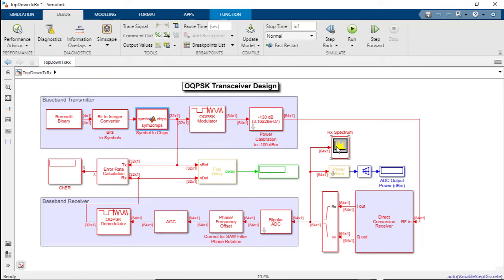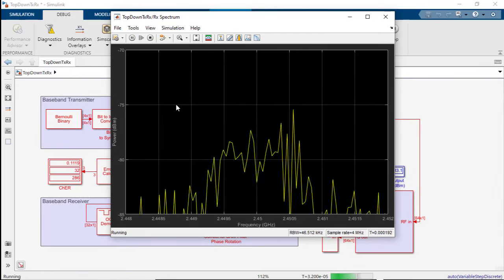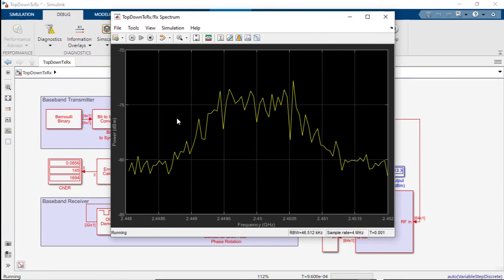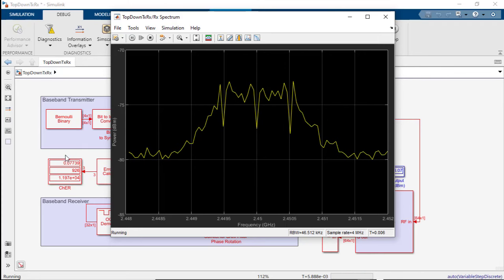Now let's also take a look at the spectrum analyzer. Very, very handy. We can actually run the model from the plot itself. So just click on the Start button. Now we do see the spectrum. We see noise on the right and left edges of the plot, and then the characteristic sin x over x hump of the OQPSK signal and noise. We also note on the left-hand side that the chip error rate is being calculated along the way. So, a very, very powerful modeling environment.